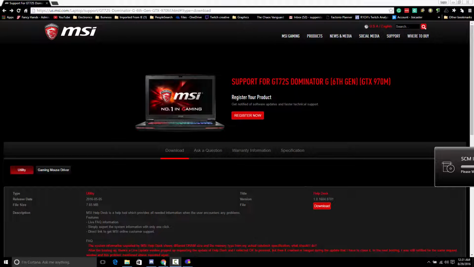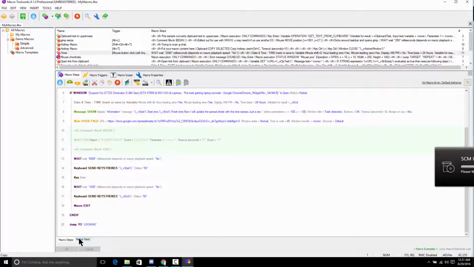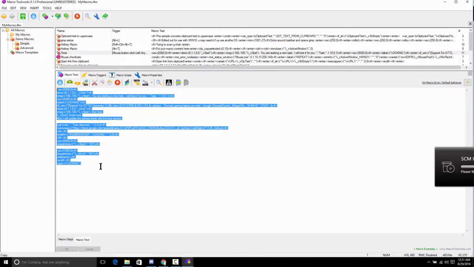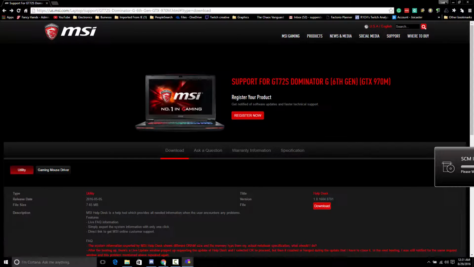This is an example of how that can be done. I'm just using an example website, and with 20 lines of code, and there's the 20 lines of code, you can set it up so when it senses that you log into a job bid, then the macro programmer will automatically log the time that you log in. And then once you finish that job, it'll log when that time was finished, and then it'll send all that data to a spreadsheet so you can keep track of the amount of time that you spend productively on certain tasks or